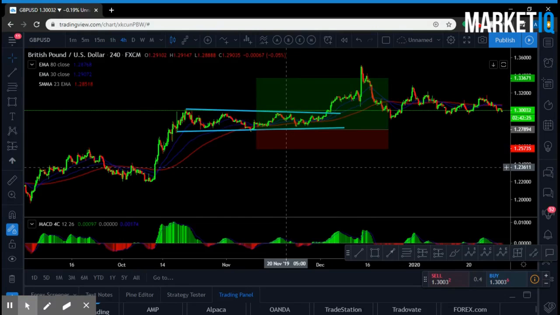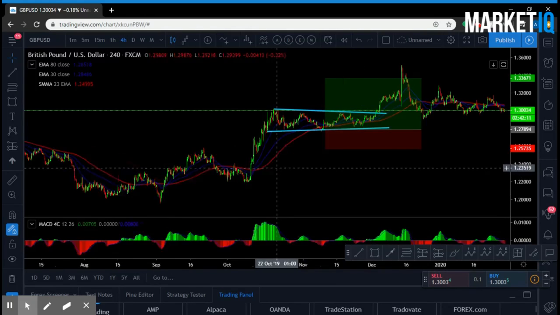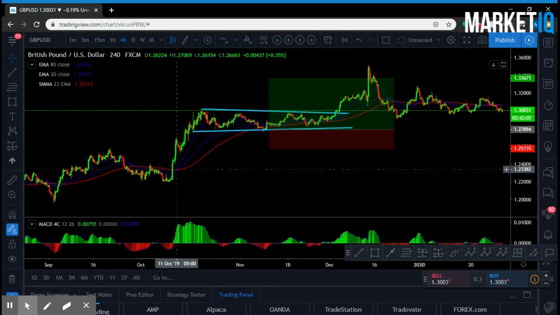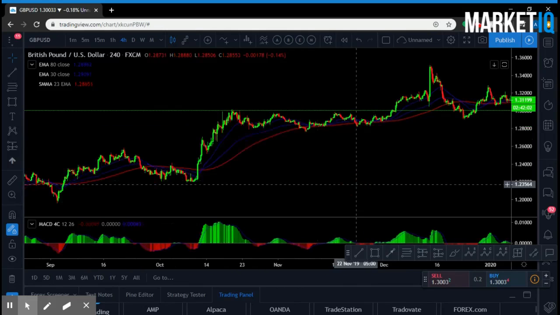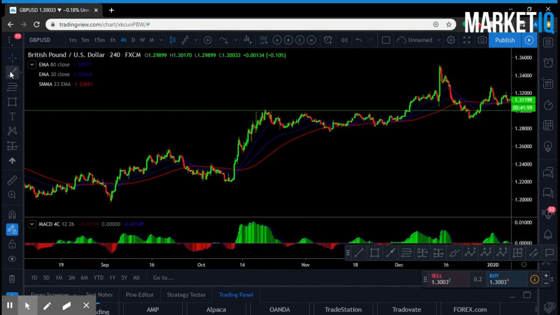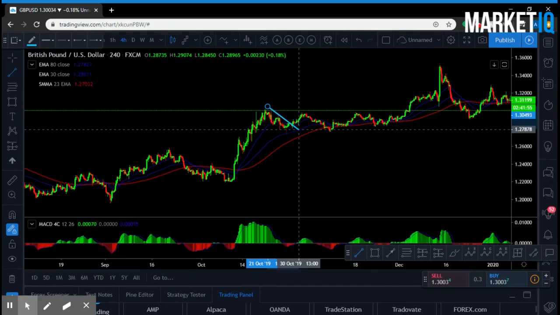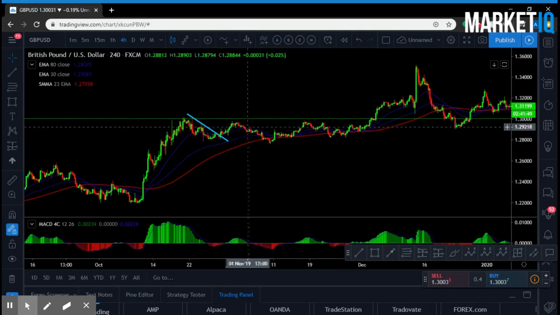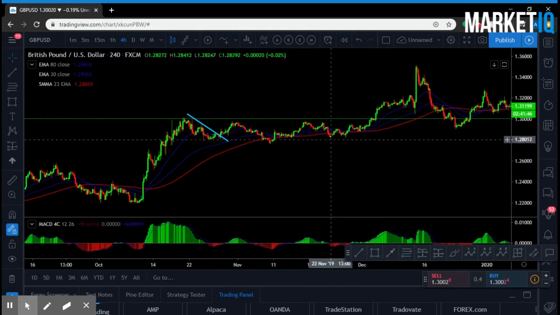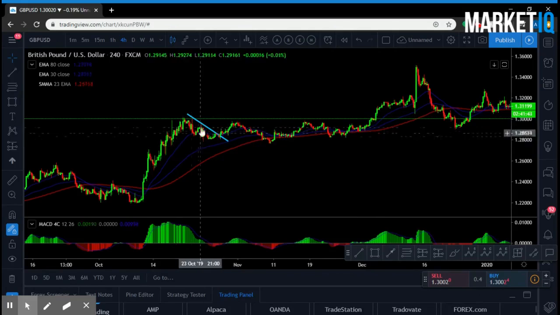The drawback of this is that you're entering before the pattern actually breaks out. And one thing that can always happen when you're trading patterns is that patterns can change. And this happens a lot. So when this correction first started to form, we'll go back here. When this correction first started to form, it was making a flag. So it made a flag and it broke out slightly, but then it came back down and the correction just simply got bigger. So the pattern changed. It changed from a flag,